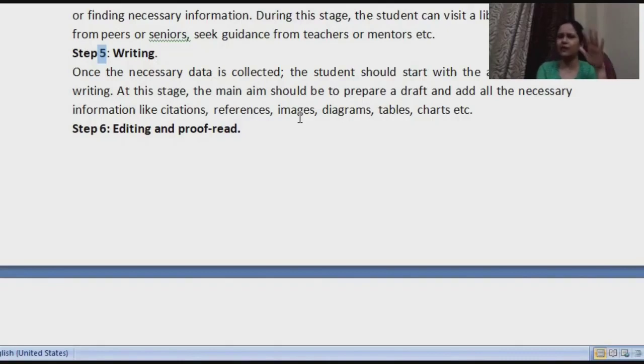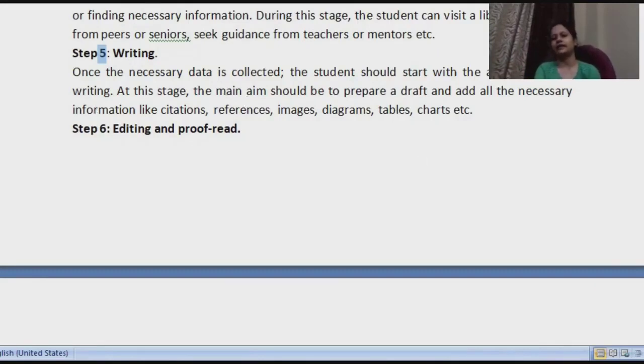So you had to type out the assignment, or it was handwritten in your case? Handwritten. Okay, so then what you will do, maybe you will mark that, okay, fine, this part I'm going to write for the intro, this part I'm going to write. Maybe you can mark it in the book also or some materials. That is what you are collecting, everything that you need: images, diagrams, everything. And finally, you prepare a copy, right? You just write down everything. That means writing is completed.